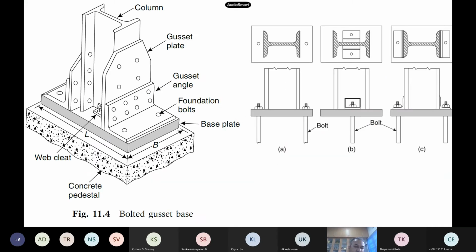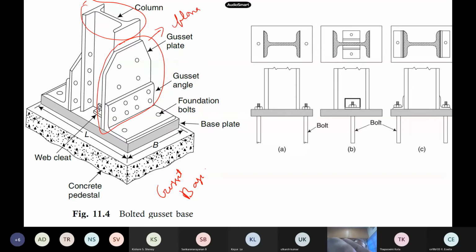Okay. Now this is a gusset plate. The gusset base, if you see, my column is here. Now apart from these angles, we have this gusset plate also. This is also used here. The gusset plate is generally provided this side as well as this side on the flanges, not on the web. These are flanges basically. Now this is my base plate, with length, width, L, B, and then thickness. This is my base plate basically, and this is my column. In between, we have a gusset plate also. Then we have to use angle section also, to connect all these 3 things in one go.